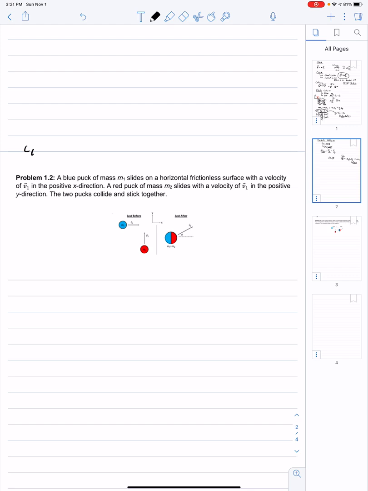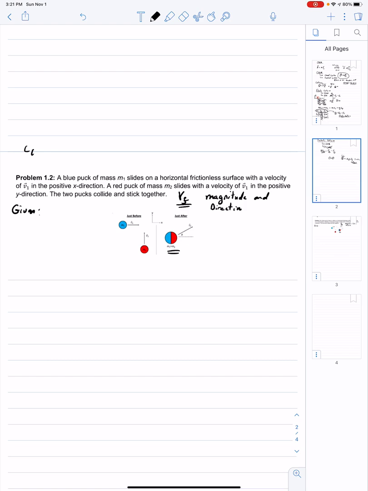In this situation, even though it's not listed here, they're basically asking to find the final velocity of this system, and you need to find the magnitude and direction. Okay? I'll give you 10 seconds to read the problem. You are given,